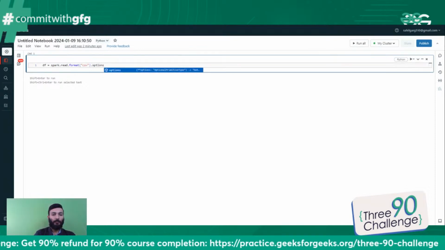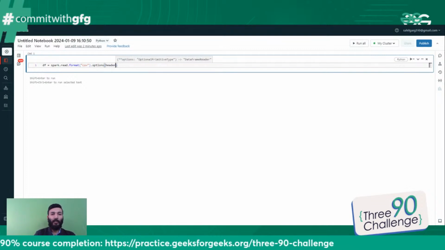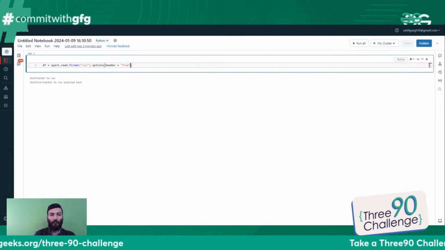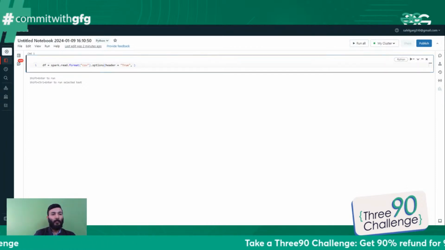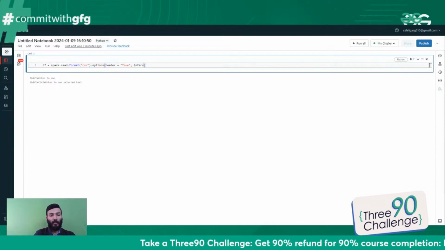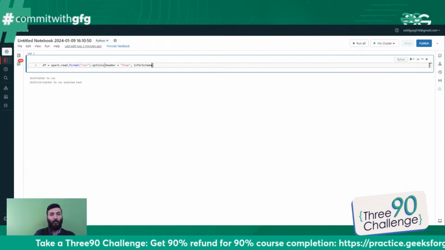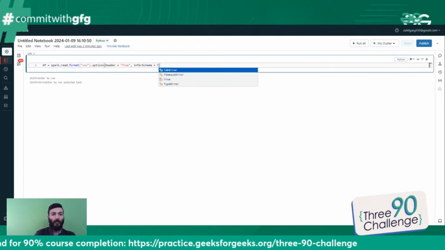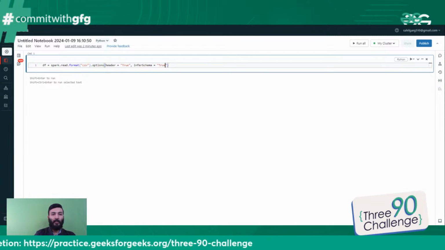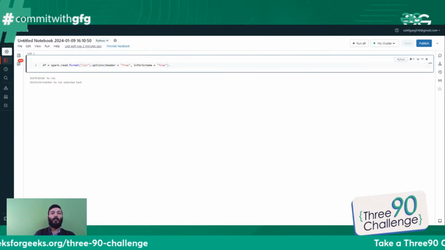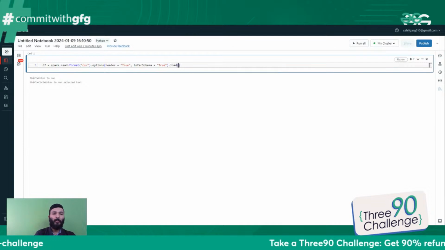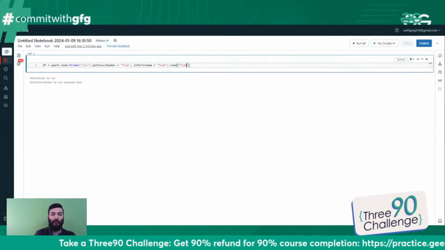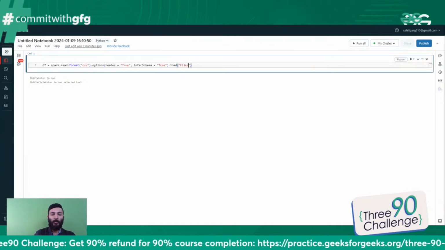Now option refers to things like headers. My file is going to have headers, so I can pass header equal to true because it contains headers, and similarly the schema also: if you want to apply a different schema, you can do that also. But whatever schema is available within that structure, just go with that. So for that reason, we are providing it as true. Now where is that file available? We load it with the help of FileStore. Every file which you upload gets into the FileStore